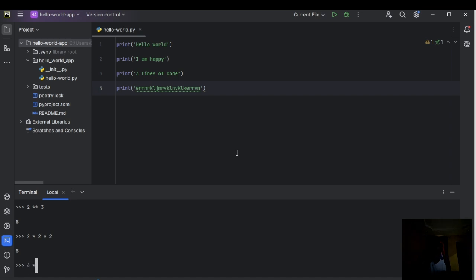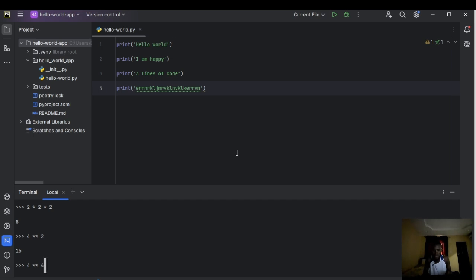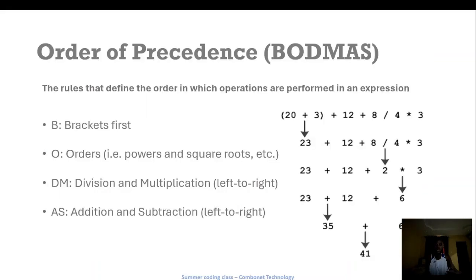4 square is what? 4 star star 2, which is 4 raised to power 2 is 16, right? 4 raised to power 4 is what? 256. That is 4 times 4 times 4 times 4, right? So just so you guys are aware, that is exponentiation in Python. But we don't have any of it here, so we have to jump to the next level,